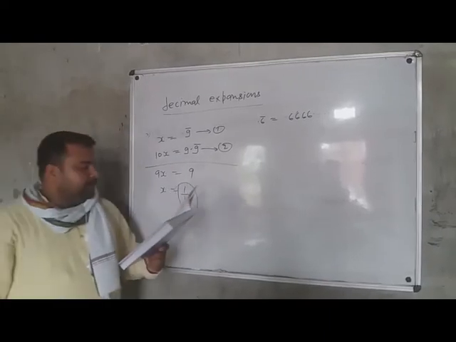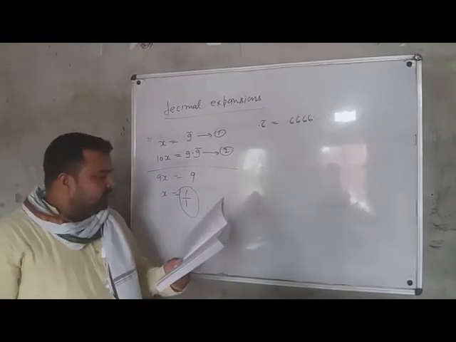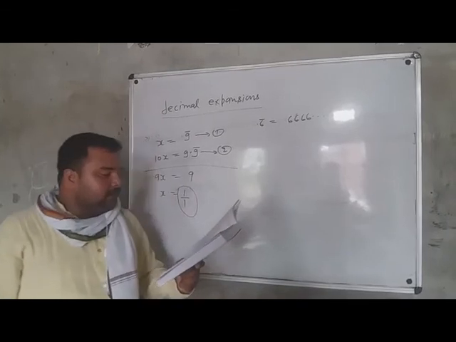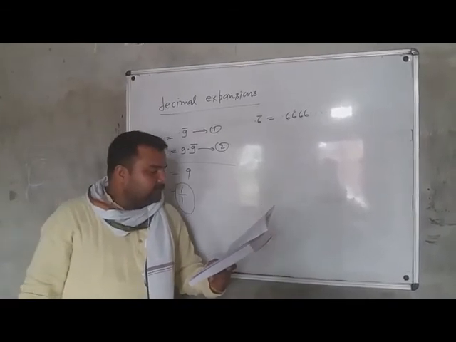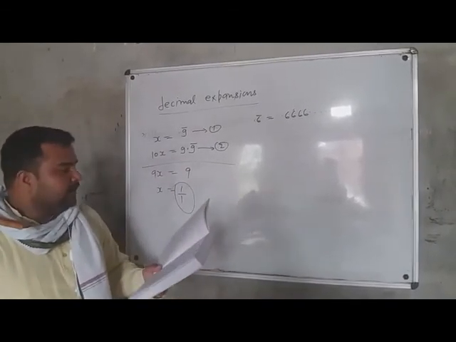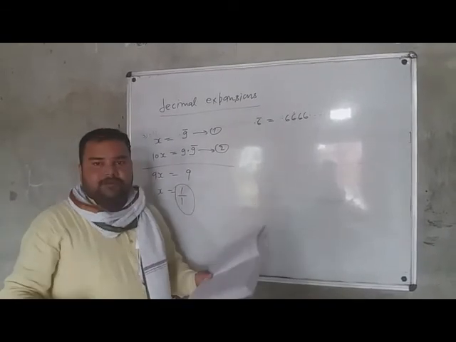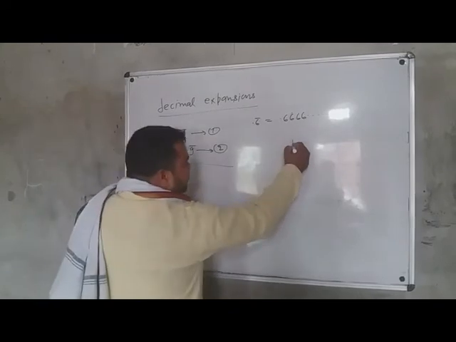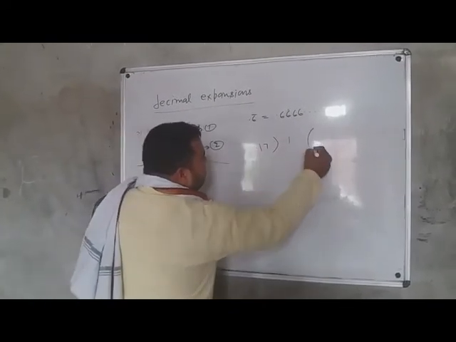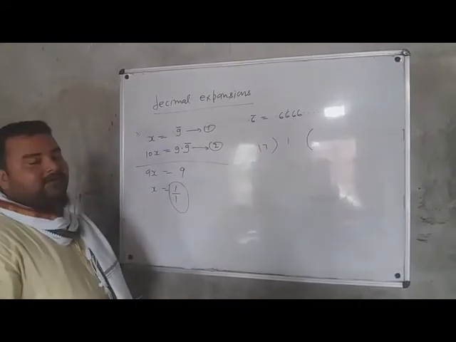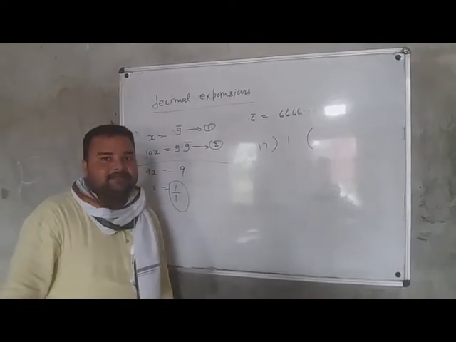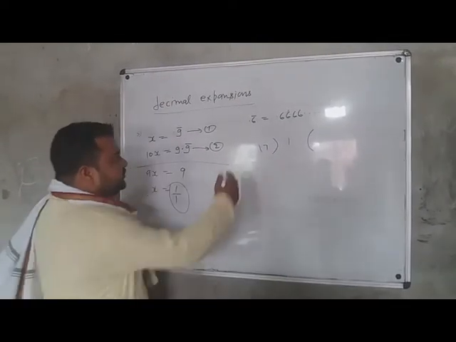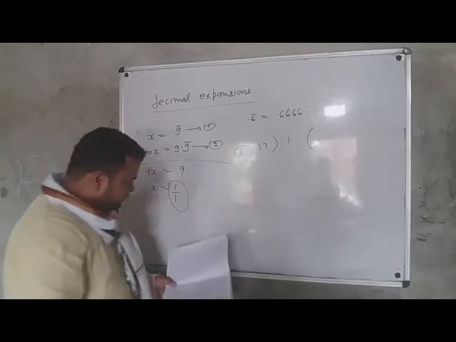Now question number 5. What can the maximum number of digits be in the repeating blocks of digits in the decimal expansion of 1 by 17? So as I solved question number 1, similarly you solve question number 5 here. Here you write 1, you write 17 and keep dividing. It will take a little time, but you will get the answer. Fine. This was question number 5.